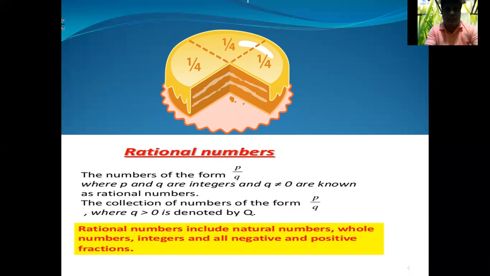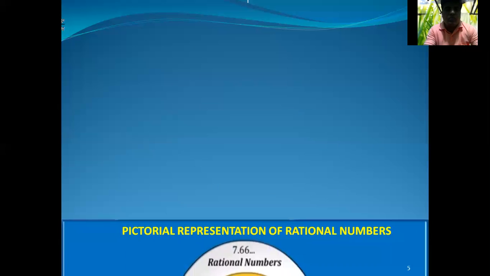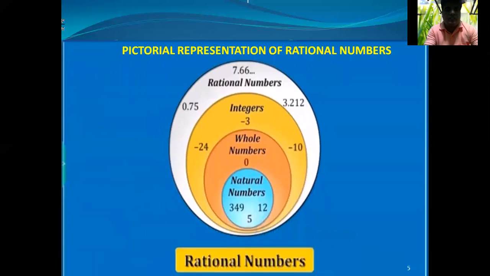For example, when we go to a shop to buy something, the money we have spent out of the total money, when we count them, that is also one kind of rational number. The money which is left with us after spending out of the total money is also a kind of fractional value. Even we are talking about a rational number. Similarly, when your teacher takes the attendance every day in the class, she asks how many students are present out of the total, that is also an example of rational number.